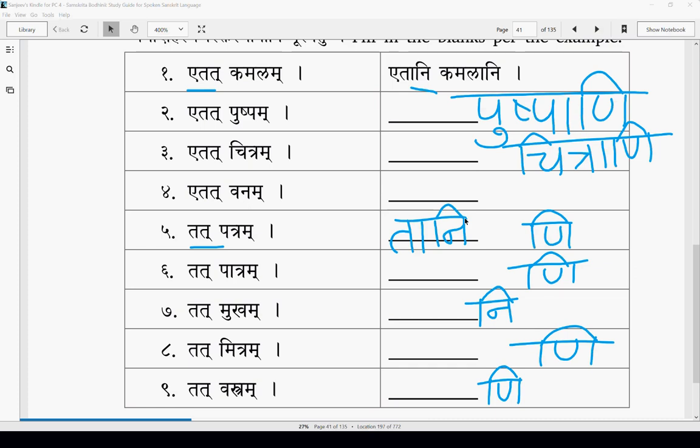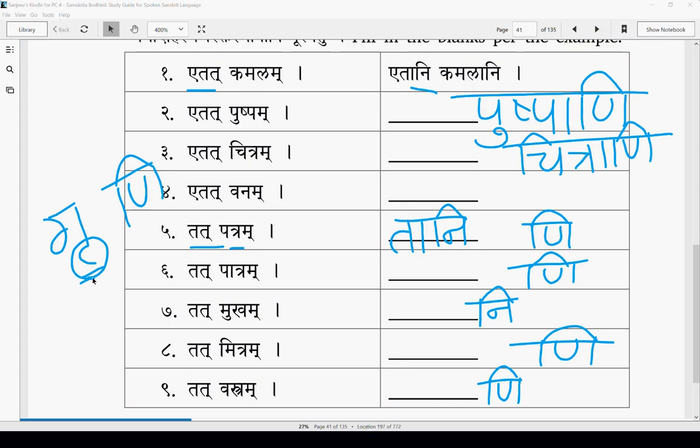Where there is a ra or ru, like in gruha, gruham changes to gruhani. There are multiple rules, but right now, at the first level,